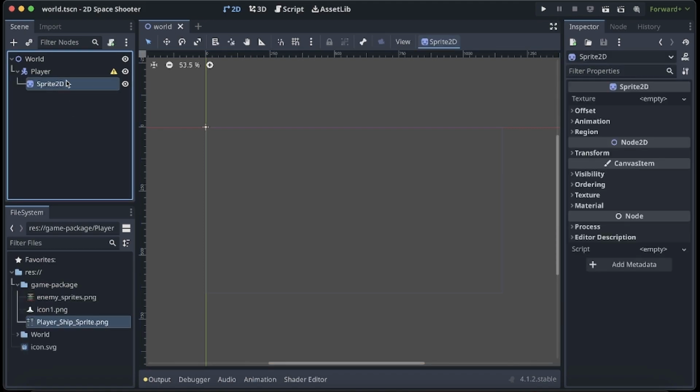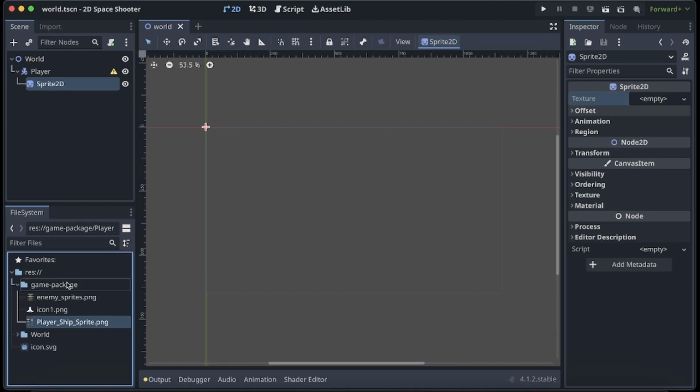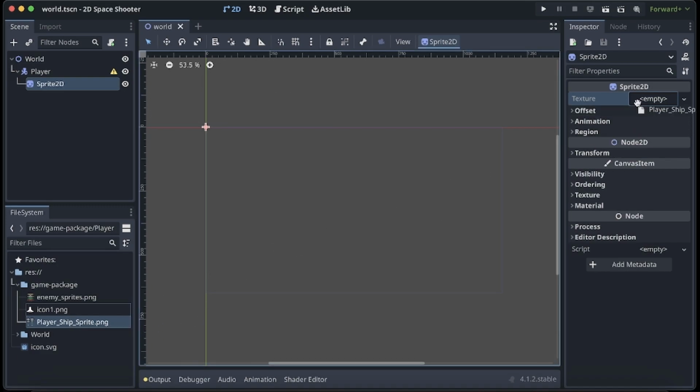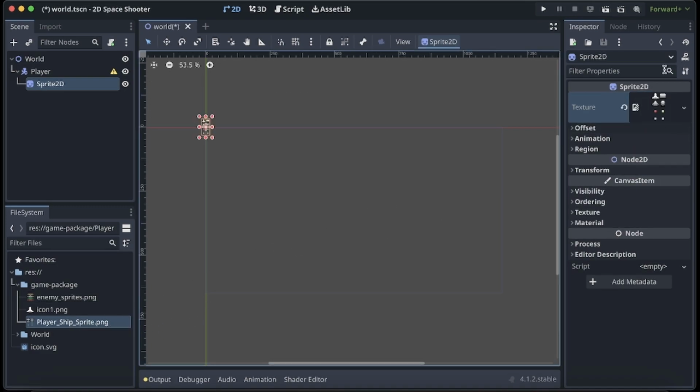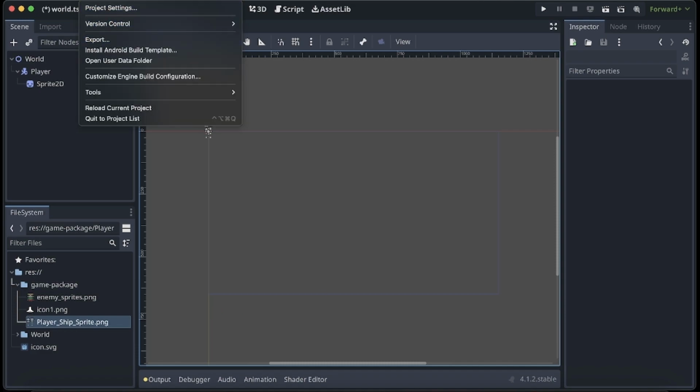First of all, you should click on Sprite 2D. Our Sprite 2D texture says it's empty, so we're going to open our game package folder, and then we're going to drag our player ship sprite.png into the empty texture. As you can see, the sprite is very small, so we're going to fix that by going up in our